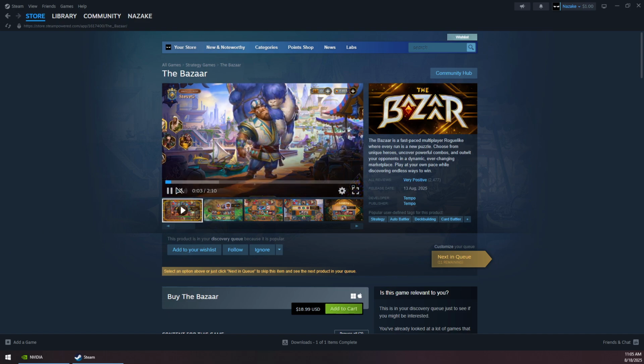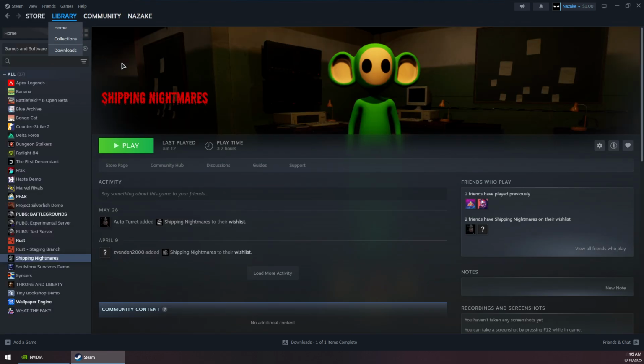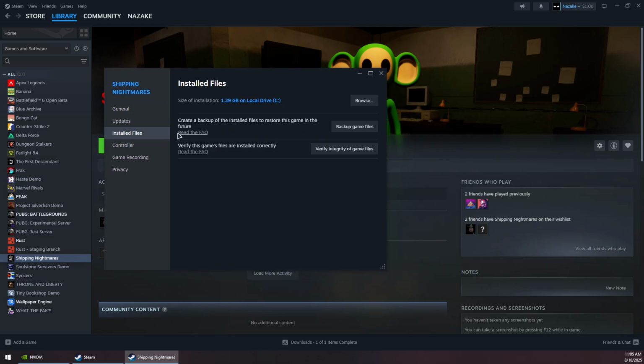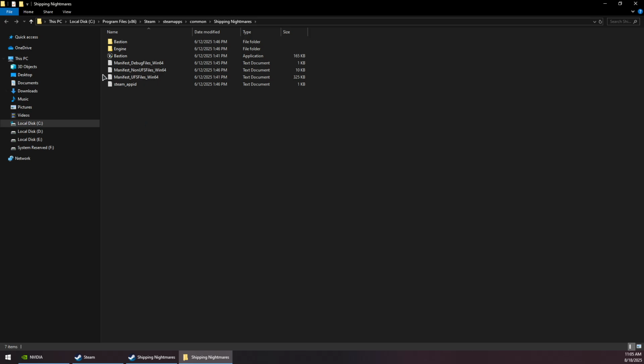How to fix the Bazaar keeps crashing on Steam. So first you want to go to your library and then right click on the game in your library, and then you want to go to installed files, click on verify the integrity of game files and wait for this process to finish. Now once this is done, you want to click on the browse button and then find the